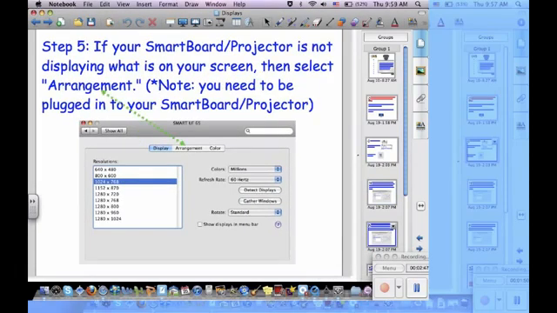Now, there's a different issue that also occurs sometimes upon startup, and it can be a problem or it can be actually pretty useful as well, so we'll talk about both of those things. If you plug in your smartboard, or if you start up your computer at the school and then you have an issue where you're not seeing on the smartboard